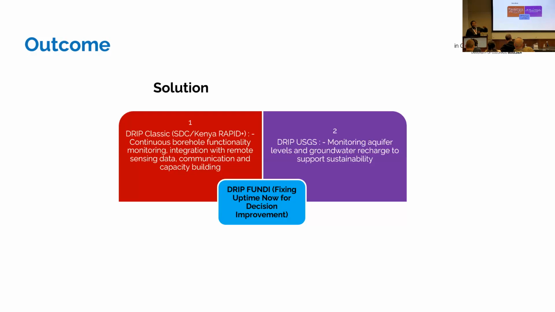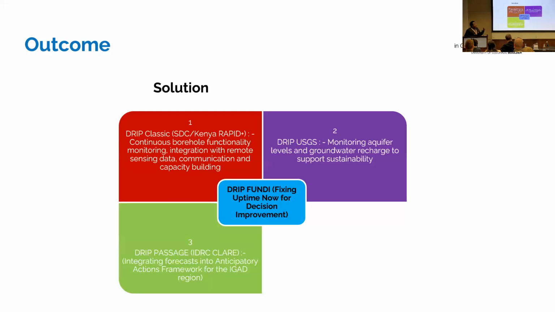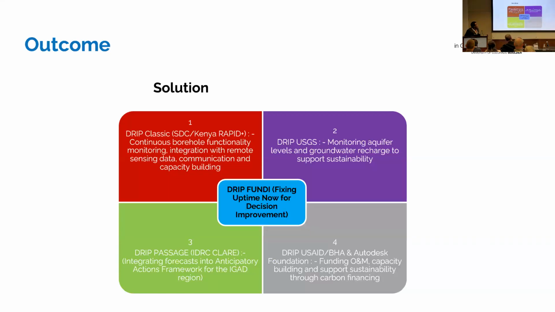So we have sensors now that have been installed to monitor aquifer levels and fluctuations. We are tying that to an anticipatory actions framework that is being developed for the IGAD region, which includes Kenya and 10 other countries. And then we are also now, what I talked about, through this new mechanism, setting up the carbon credit financing mechanism to be able then to have a holistic or comprehensive kind of approach to